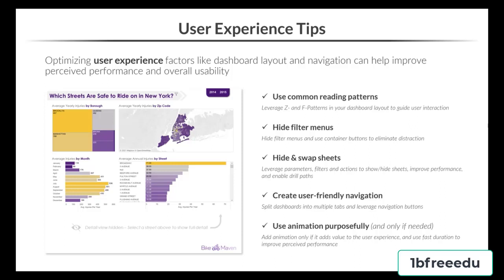Add animation only if it adds value to the user experience, and use a fast duration to improve perceived performance. If you use slow animations, it can look like your performance is slow, even if it's not the case. Now that we've talked high level about user experience tips, let's go into our workbook and apply a few of